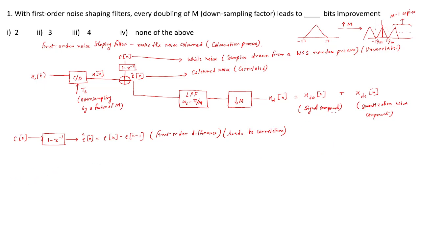So to calculate the SQNR, we need to find the trade-off between the bits in the quantizer and the oversampling factor M. So we take the expected value of x d of n whole square, and this is the power of the quantized noise component, which in lectures has been denoted as P d e,